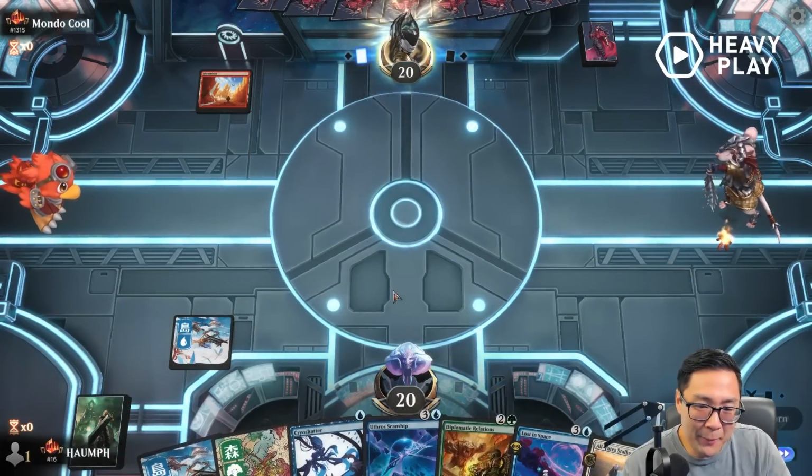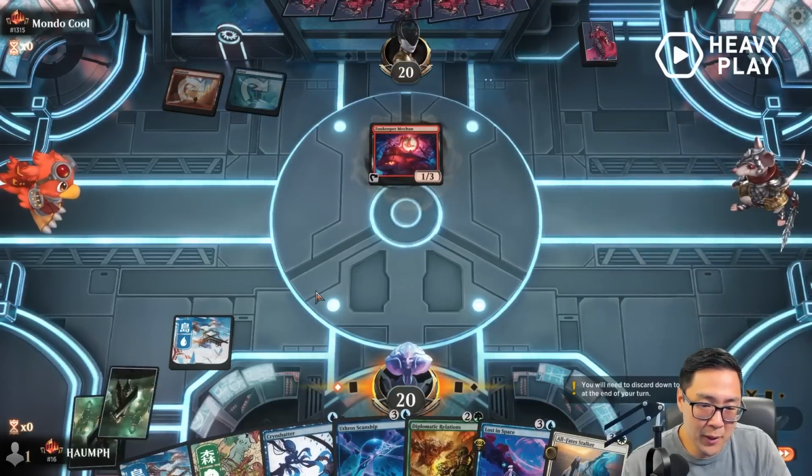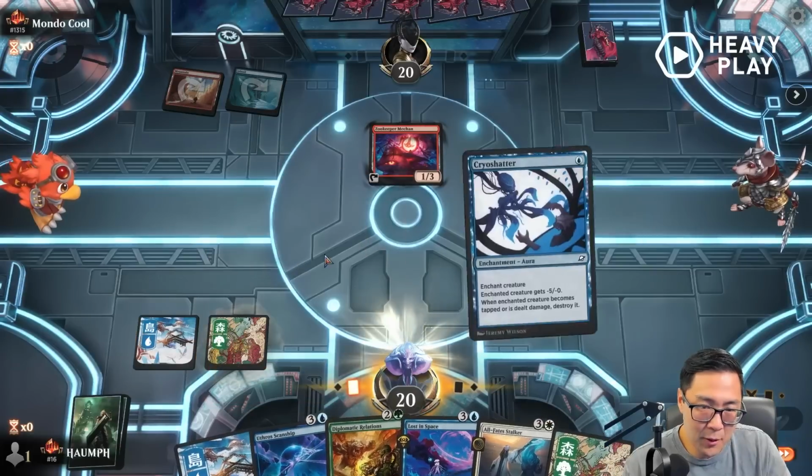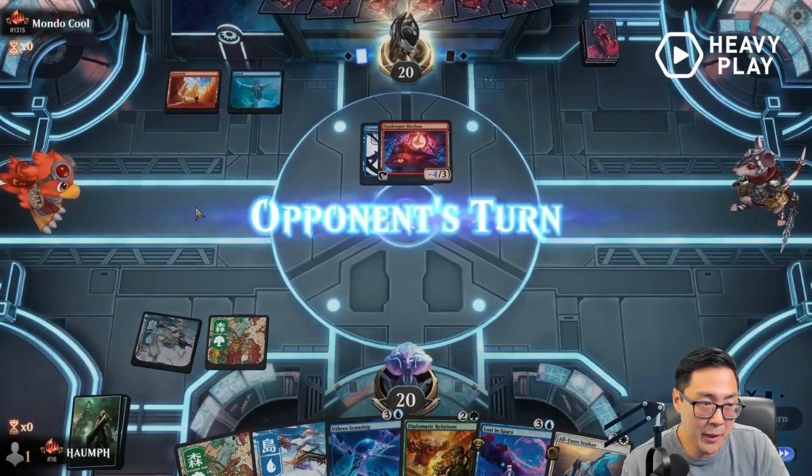I'm keeping this hand because I have a Cryo Shatter, so hopefully that's going to be enough to slow my opponent down here. I'm going to put it on the Mechan too, just like...